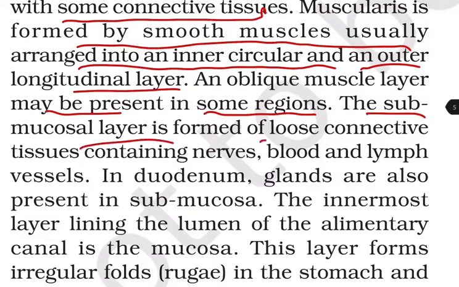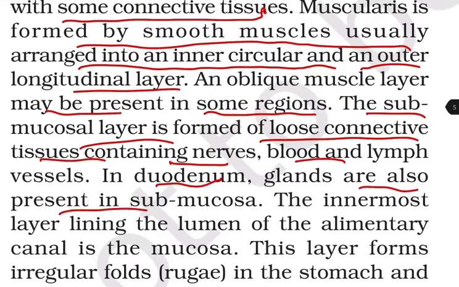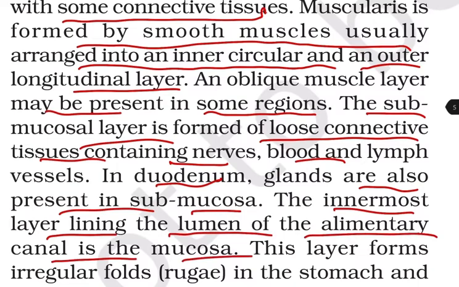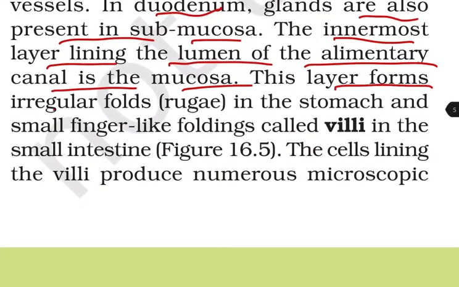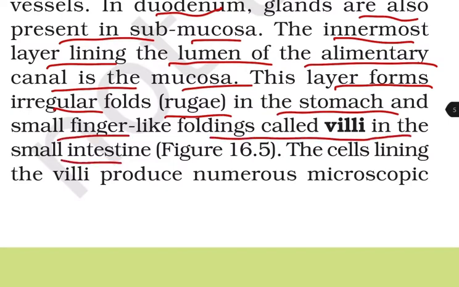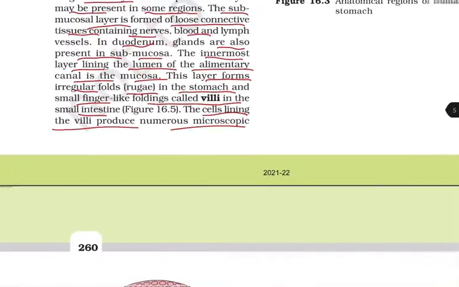The submucosal layer is formed of loose connective tissue containing nerves, blood, and lymph vessels. In the duodenum, glands are also present in the submucosa. The innermost layer lining the lumen of the alimentary canal is the mucosa. This layer forms the irregular folds called rugae in the stomach and the small finger-like foldings called villi in the small intestine. The cells lining the villi produce numerous microscopic